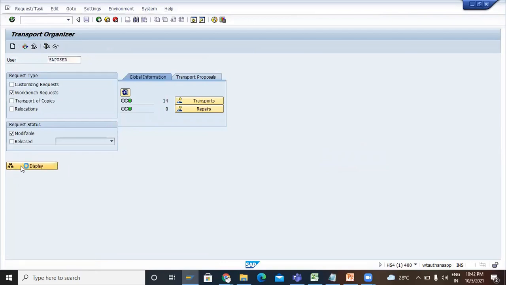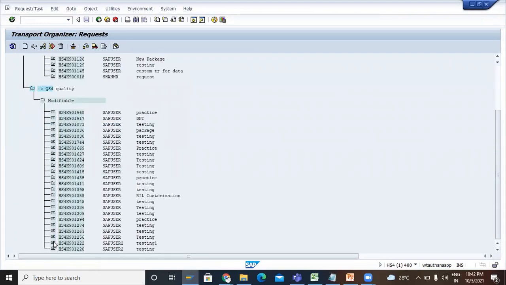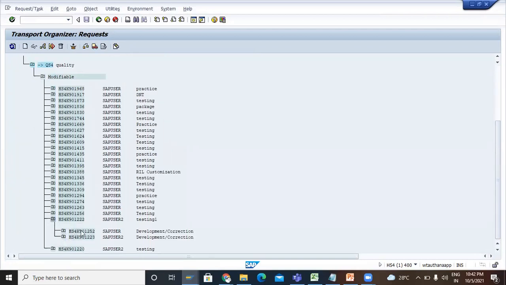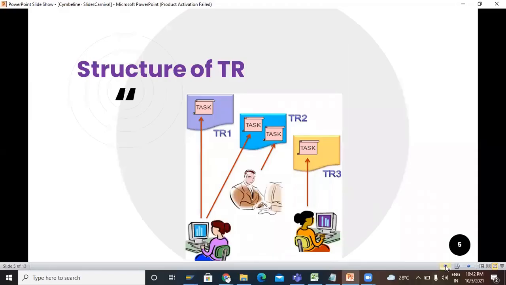This is your workbench request, and in this TR we are having different tasks, like this is your first task, then second task, and we are having objects here. In this TR we are having one task, then TR2 two tasks, then TR3 different tasks you can store in a single TR.